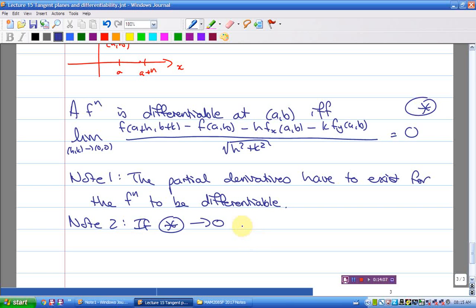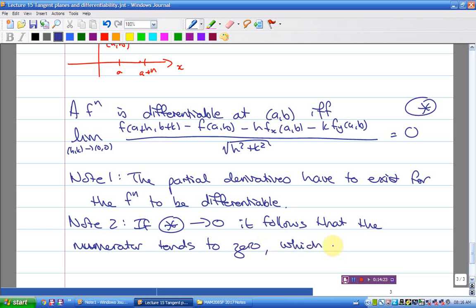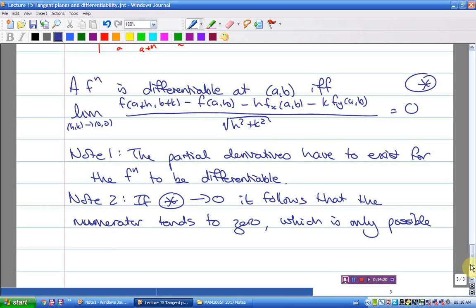So if this thing tends to 0, it follows that the numerator tends to 0, which is only possible if